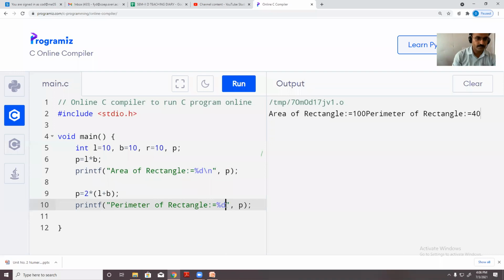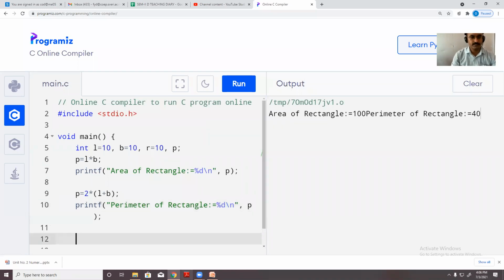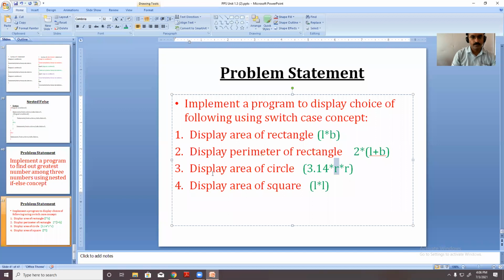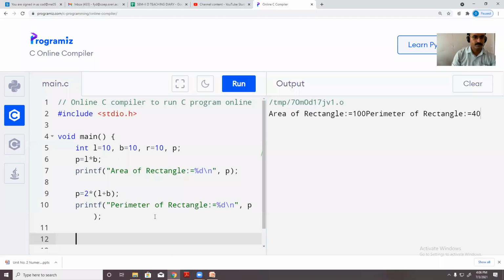So I got area of rectangle. I also got area of, sorry, perimeter of rectangle. Then my next question is here: display area of circle. So for circle, I have used radius of type integer.